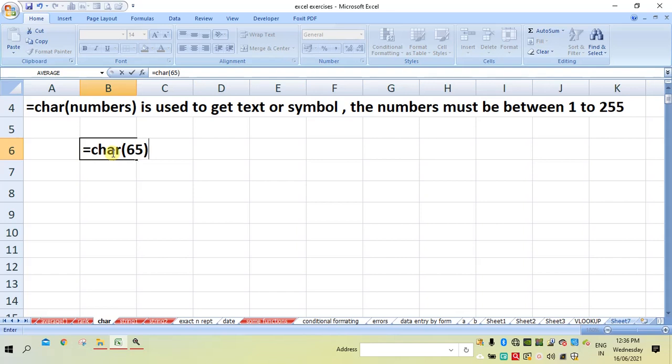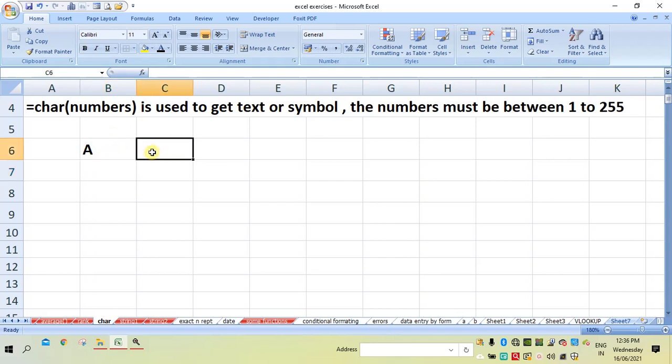You can see this is a capital A. So it means that char is converting numbers into letters or symbols.